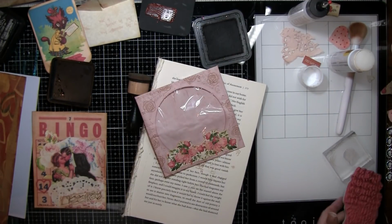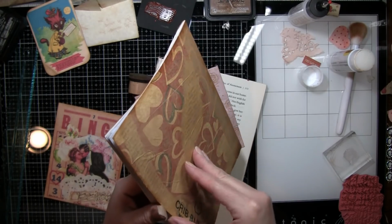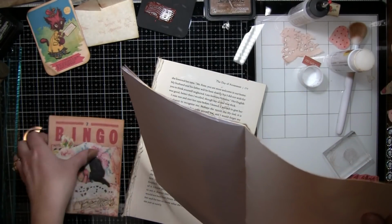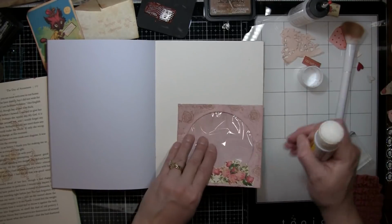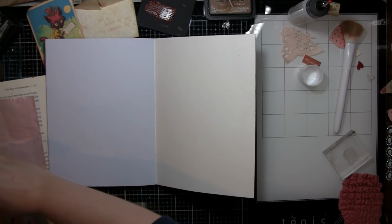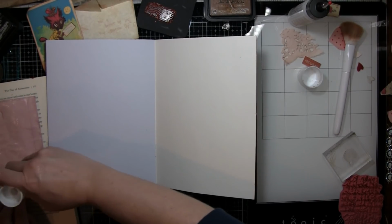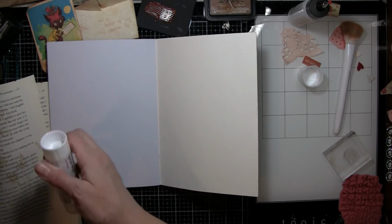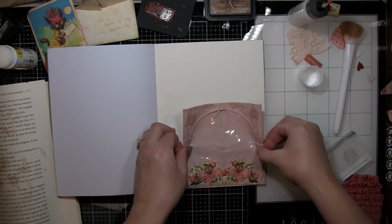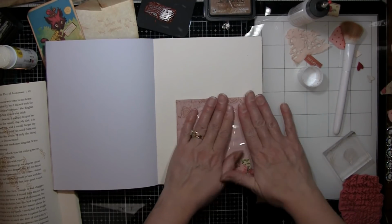Alright, so I think that's good. And then we'll go ahead and put it in the back of this one, even though it's not done on the front. I'm just giving you the idea that we're finishing the other one kind of thing. And I'm going to glue the whole thing again because I don't want another pocket. I'm bummed because I just got glue on the front of that. That other envelope turned out so cute with the people on stilts. I mean, I can do another one. I just don't have another one of those stamps, so